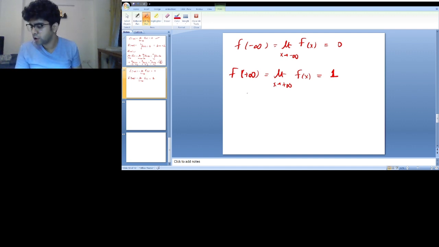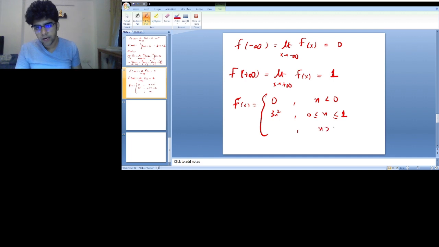F(x) is a continuous function of x on the right. So for example, let's check the continuity of F(x) at 1. Let's check this function F(x) that we took. We can write this as 0 for any x less than 0. When x lies between 0 and 1, I can write this as 3x square, and for x greater than 1 this will be equal to 1. So let's check the right continuity at